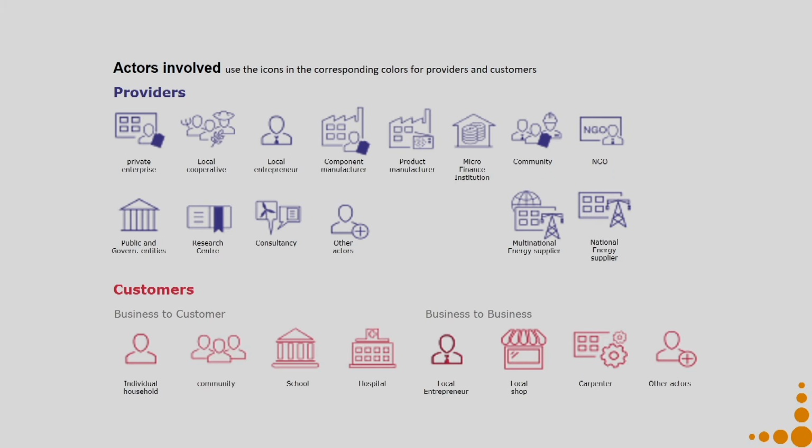So, before starting my systems map, when I have done my identification of actors, I will first create the set of icons that I am going to use for all my actors. The first is my list of providers, the second is my list of customers. My customers can be of two types, business to customer. Fresh is a business, and if I want to buy it for my house, I am a customer. So, it is a business to customer system.